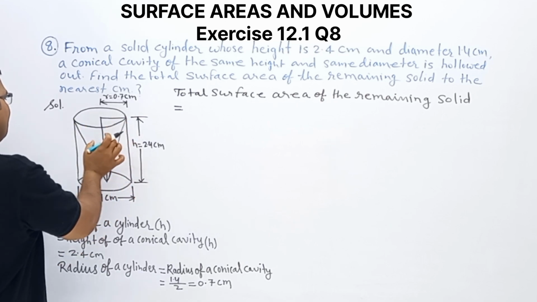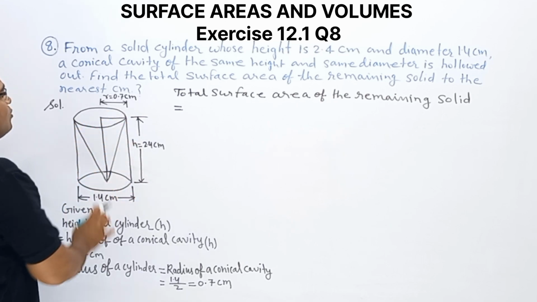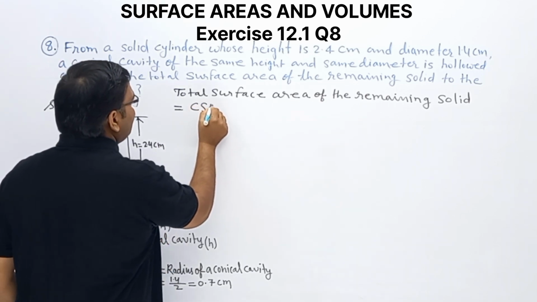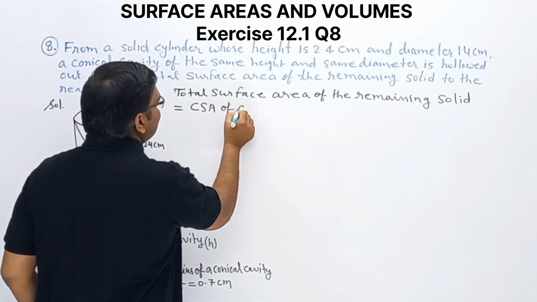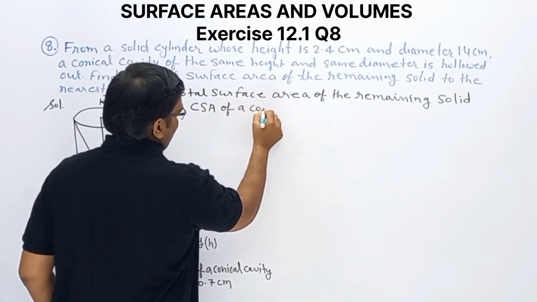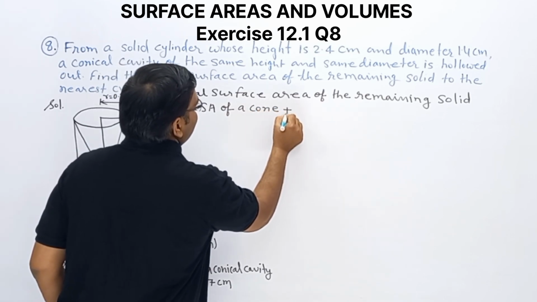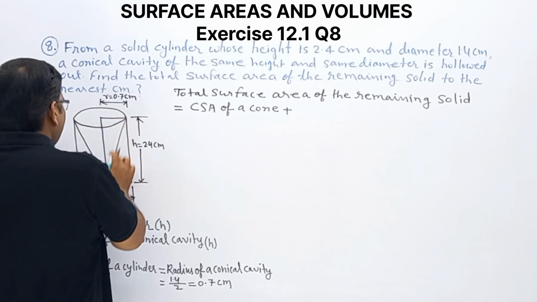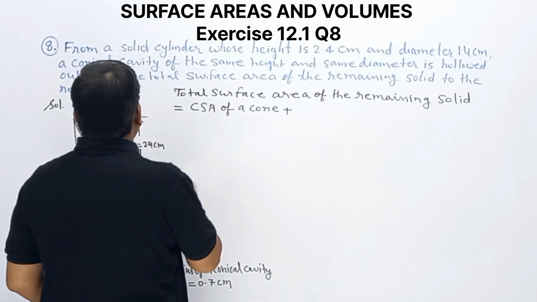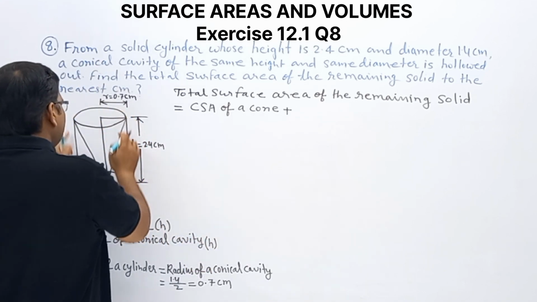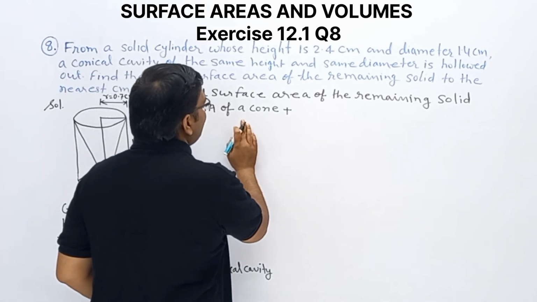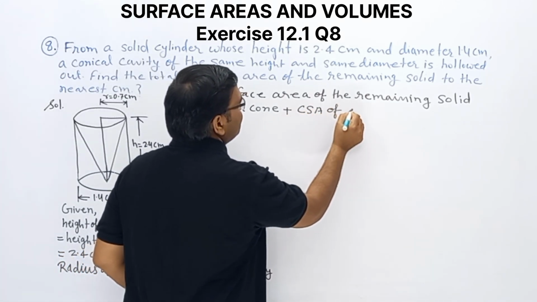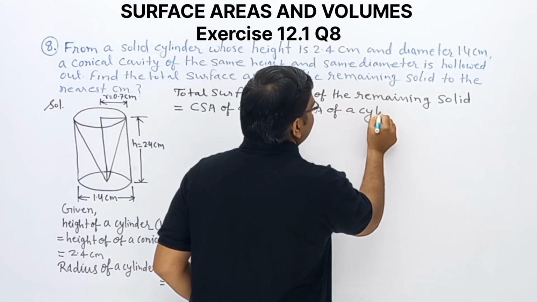It means this is the curved surface area of a cone, plus this part we have. This part, this plus this one. So the curved surface area of a cone plus the curved surface area of a cylinder,